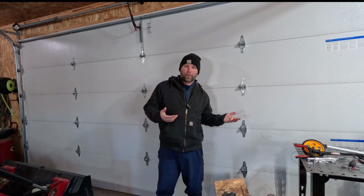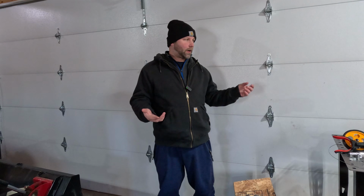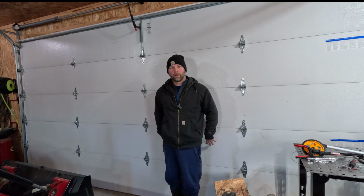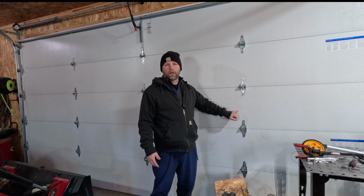Now, when I built this property, I had plans of heating it, but I didn't think much about the R value of the door. I did use an R7 door, which is lower than the walls and ceilings, so a lot of the heat's going to want to go in the path of least resistance out the front door. Now, some R value is better than nothing, but using a good R value,